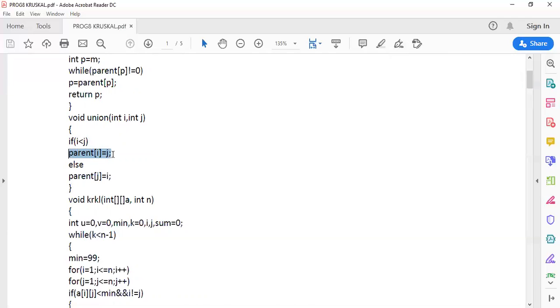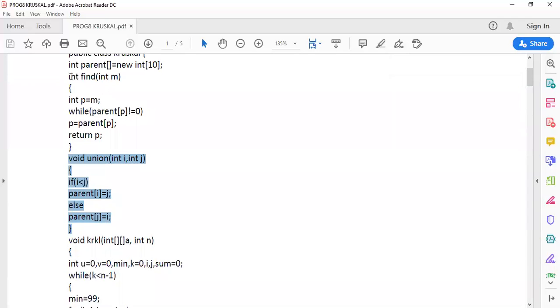So this condition is executed and the parent of 1 is taken as 2. Otherwise, the other condition works. So now you are assigning the parent to the vertices. That is being done by your union algorithm.